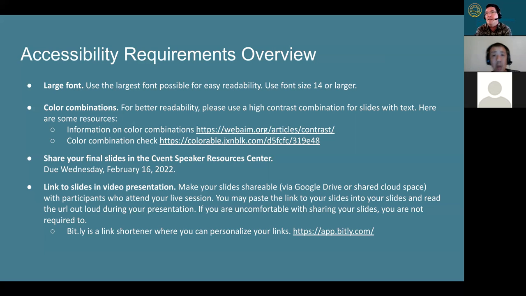The other thing is if your presenter is going to be putting in links, we really prefer shortening the link. Some of the Zoom links and YouTube links can be very lengthy. So if they can go in and shorten it, it'll get to the same place, but it'll really help out people who are going to be attending the presentation, be able to access the link and also access the video.